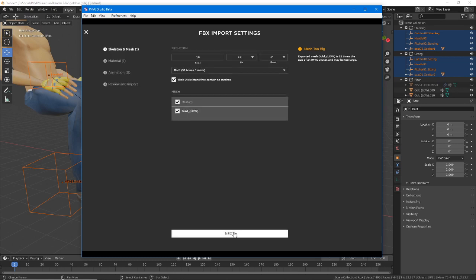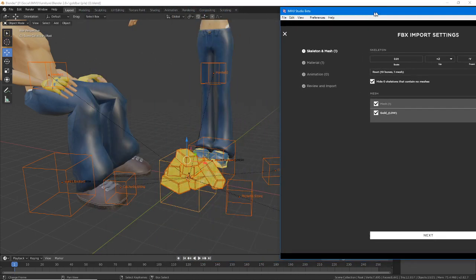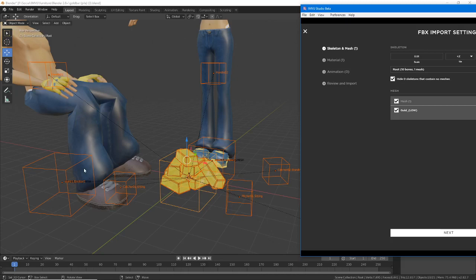So setup FBX, scale 0.01, ten bones, one mesh, and remember, as was discussed yesterday, so let's have a look at this. So 1, 2, 3, 4, 5, 6, 7, 8, 9, and the FBX itself